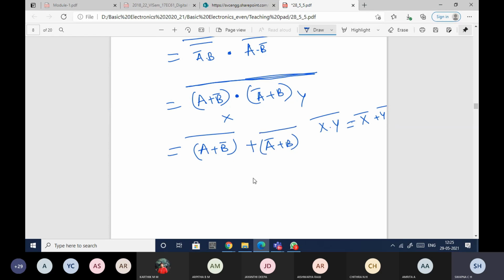Now is it in the required form? Yes, ma'am. Just check this, term by term. This term, okay, fine. I have B bar, I can get B bar, so A plus B bar whole bar, this entire thing can be implemented. In the same way, this also: A bar I can get, and A bar plus B whole bar also I can get. But next I need to get this complete thing, right? Complete thing in the sense A plus B bar whole bar plus A bar plus B whole bar. Is it in the required form? I have plus in between, but do I have a bar there?